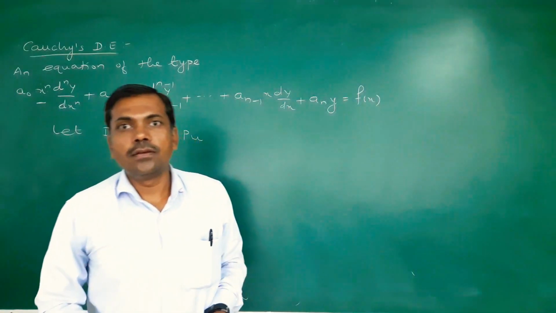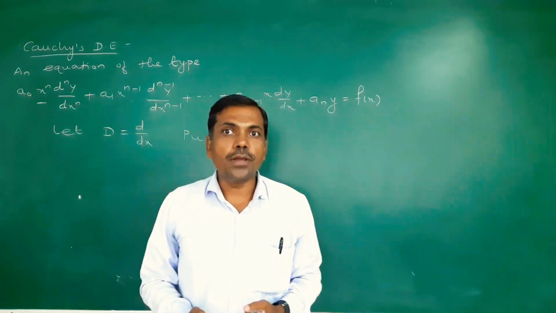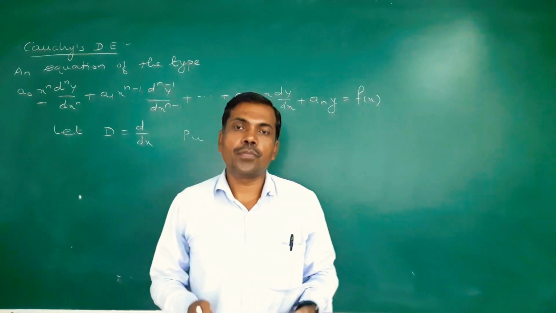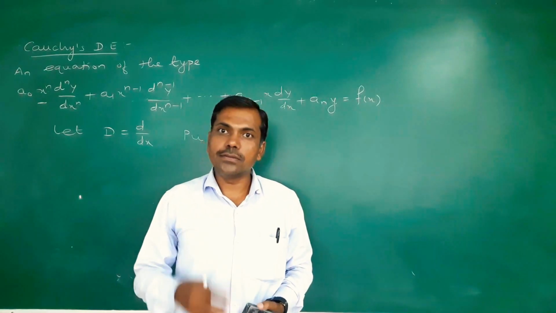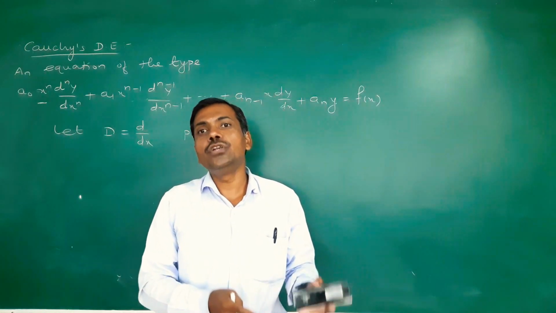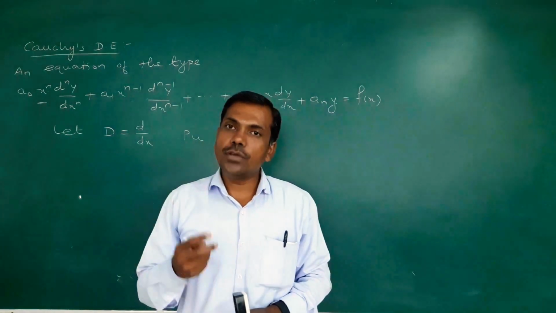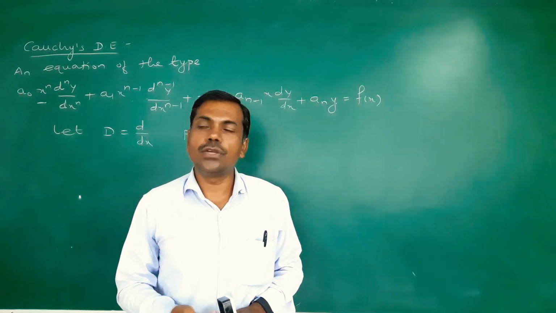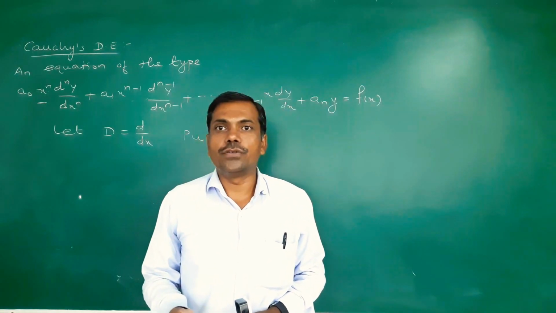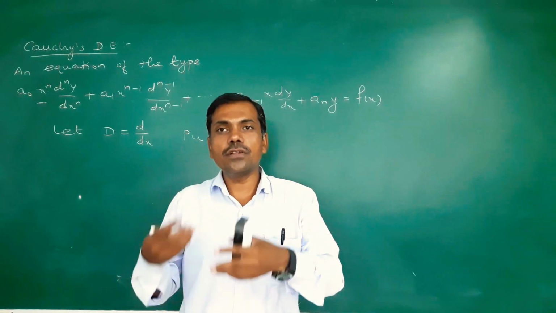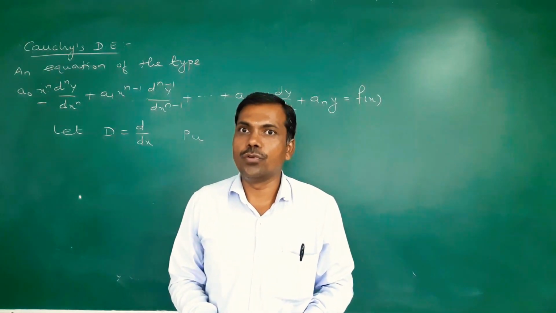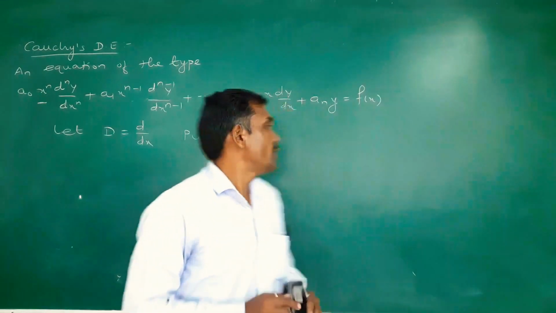Today we will see the equations which are reducible into linear differential equations. The outcome of today's video is to understand how to reduce some equations into linear differential equations. In that, two differential equations we are going to study. One is Euler's Cauchy differential equation and the second one is Legendre's differential equation. Cauchy differential equation is also called Euler's homogeneous differential equation if f of x is equal to 0. So let us start with Cauchy's differential equation.